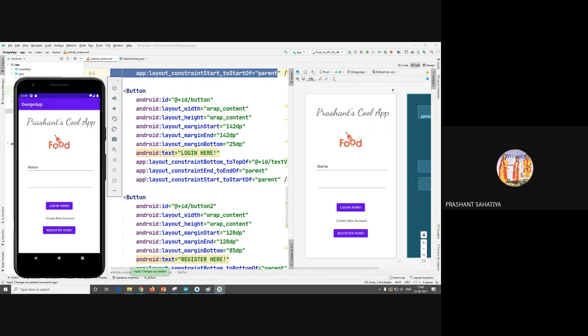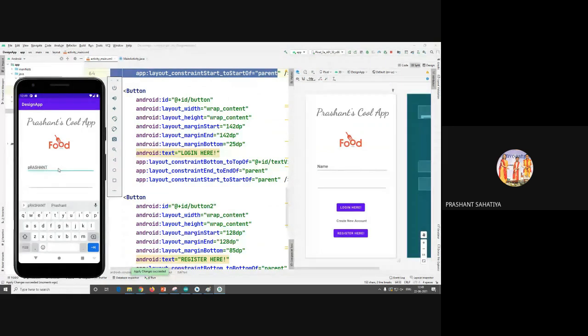Now if I'm clicking on this, the name is already there, so the user needs to do this way and then type like this. So it is a trouble for the user. It should not be the thing. User interface and user experience should be the best.